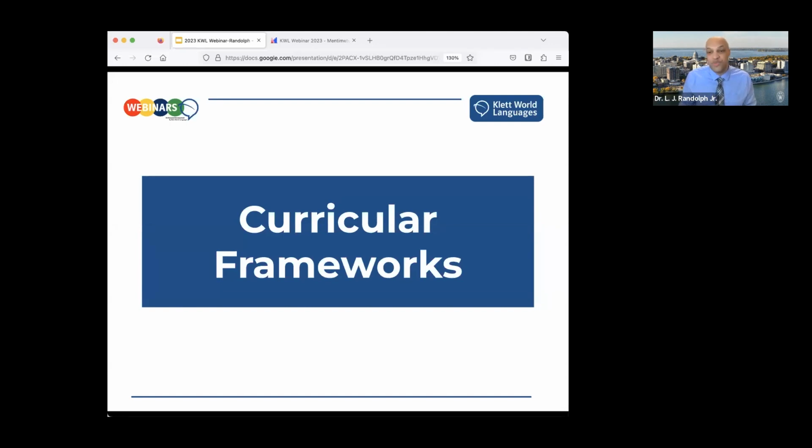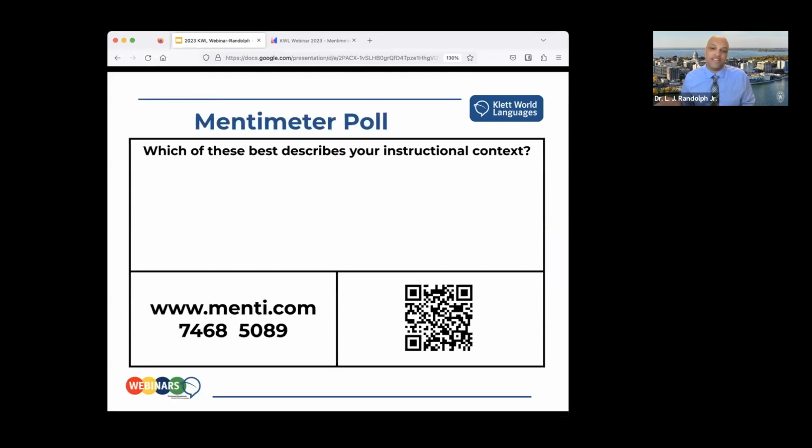If you'll humor me, I have one more Mentimeter poll. This is the last one, mainly because with the free program you only get 2 slides, but also I don't want to make you get involved too much in it. So which of these best describes your instructional context? So some of us, we have prescribed lessons, right? If I'm teaching something, my neighbor down the hallway teaching the same level should be teaching that same thing that day. So in some contexts, that's the case.